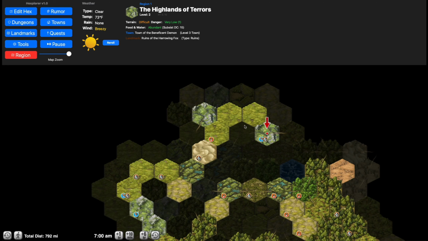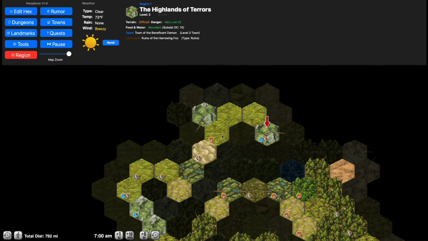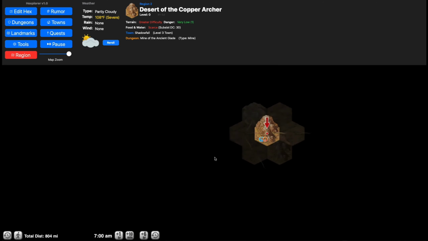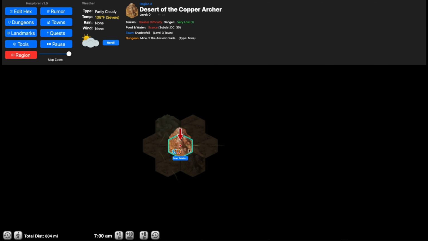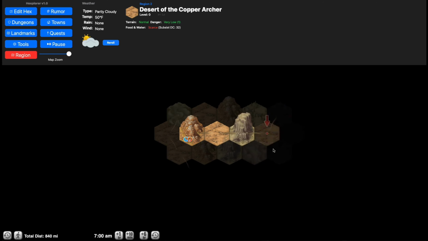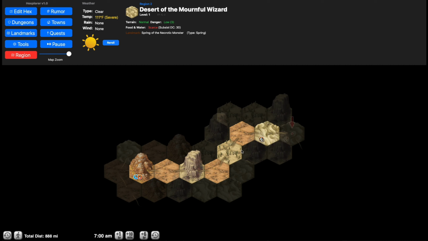But let's say I wanted to travel to the eastern part of the continent. Well, right now the way that works is you define these regions. So if I go over to here and I click region, I could say, okay, the party is traveling to the eastern side of the continent, and over there we know that it's desert. So we create a new region, and basically that takes us into this essentially new map. And this is once again completely limitless in size, but this map is going to be all desert basically,